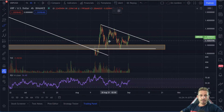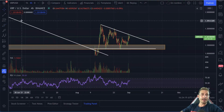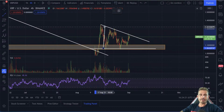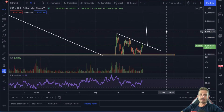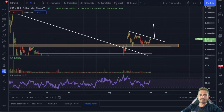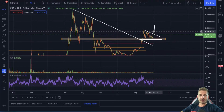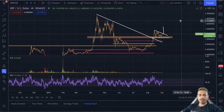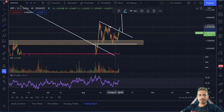We do have perfect 2 touches here as support, so expect this one to absolutely fly if we do break the resistance here. We could easily meet the $1.50 here for XRP. Very likely if we successfully break the resistance here. If we do not break resistance and we get a rejection, this could be a fake out,